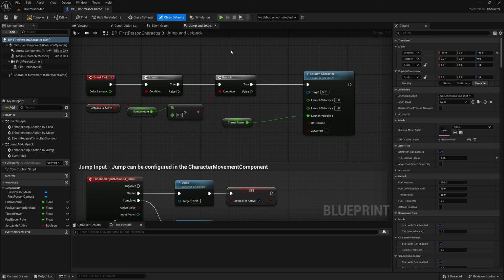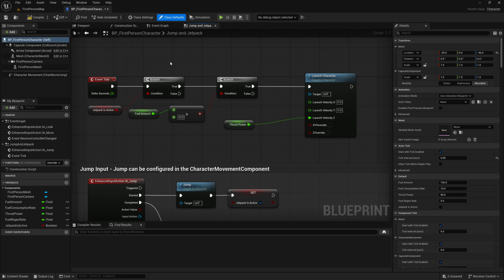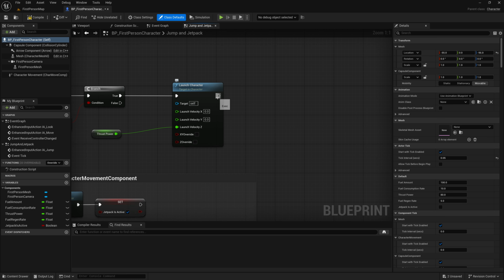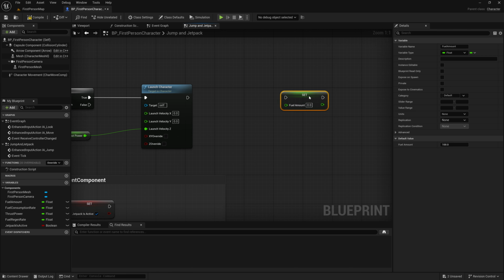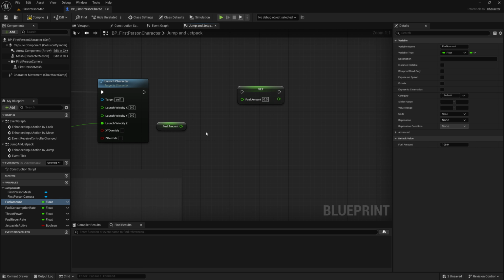Moving on, we have our jetpack working, but now let's spend some fuel. After we launch the character, let's set our fuel amount variable. Remember, set is alt drag. Instead of setting this to 0 right off the bat, let's count down. Let's start the countdown with whatever our fuel is in this moment. So get fuel amount with control drag. Remember the default was just 100. And let's subtract our fuel consumption rate variable, get that as well, and let's search the subtract symbol for the